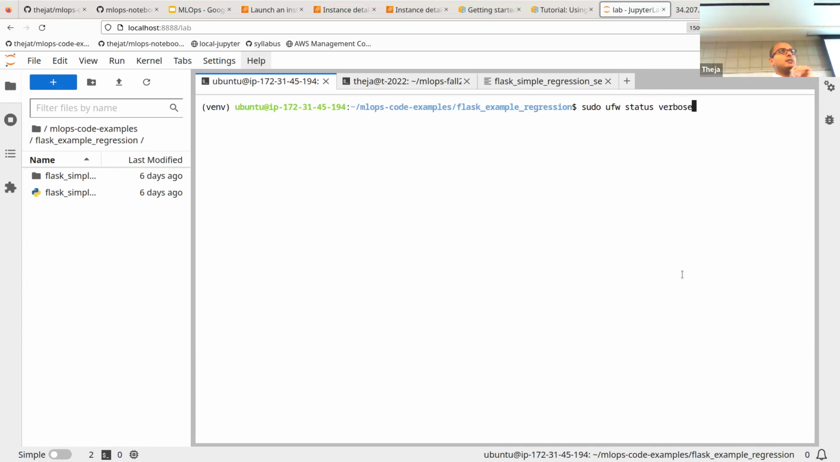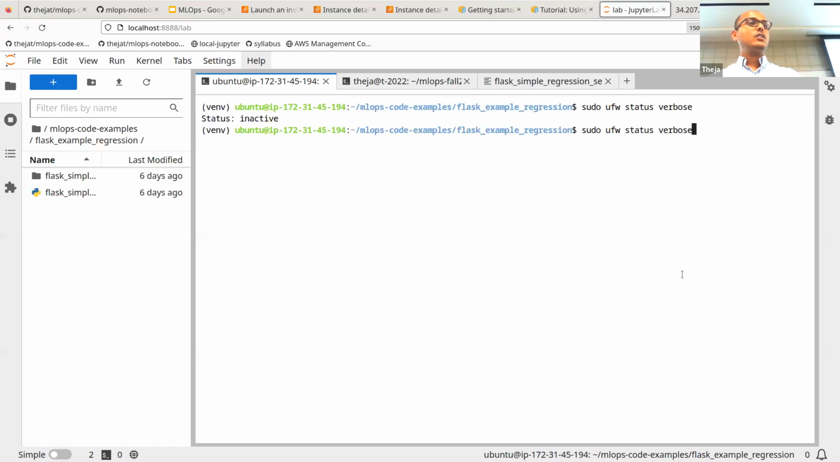So UFW is the name of the firewall here. I mean, this is just a utility which behind the scenes does some other things, but UFW is the name of the firewall. Okay. So we can see it's inactive. So we can actually run UFW enable. It says it'll disrupt some connections. So let's actually